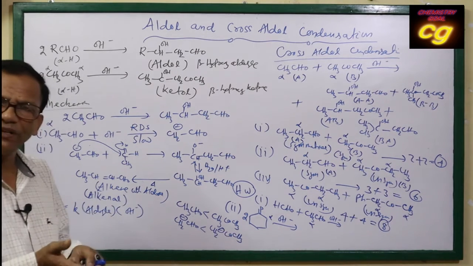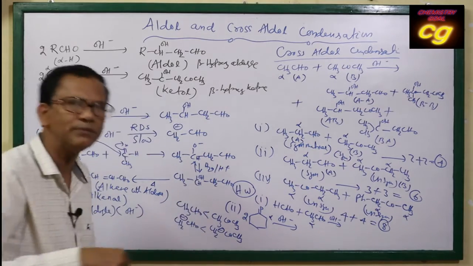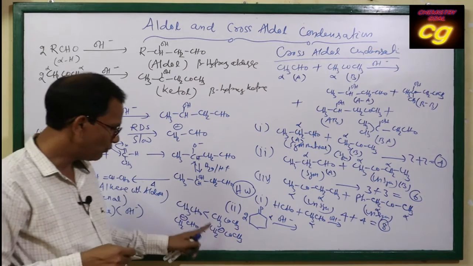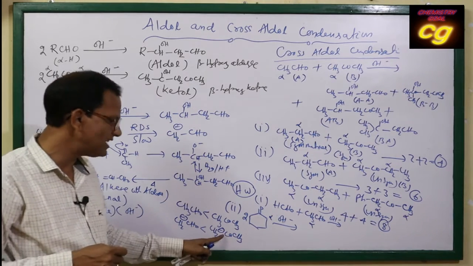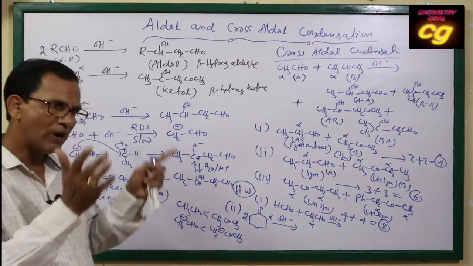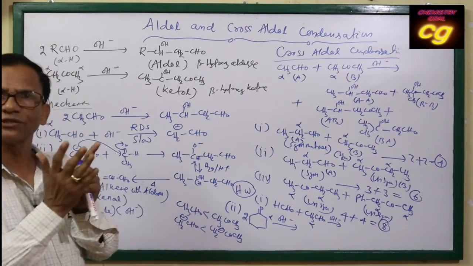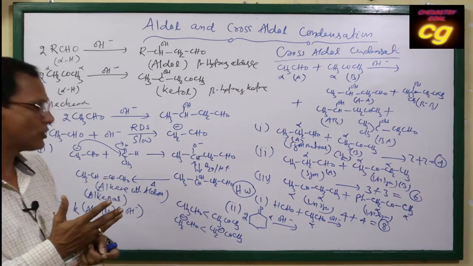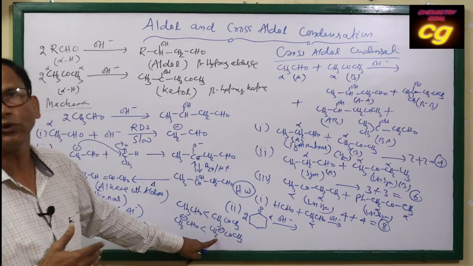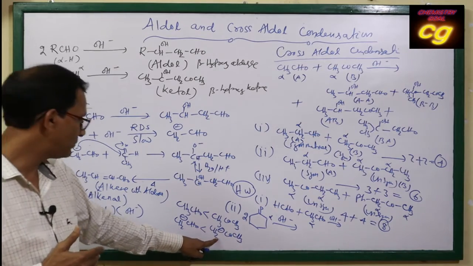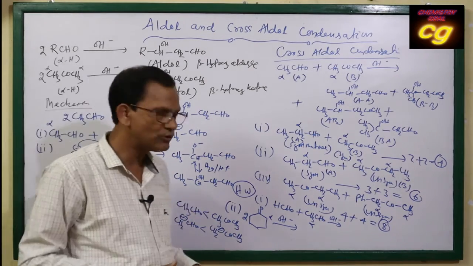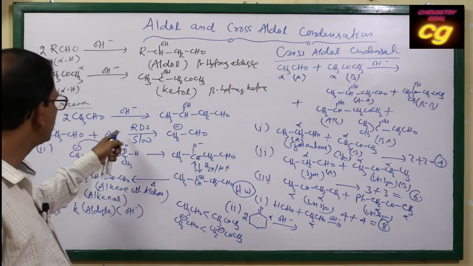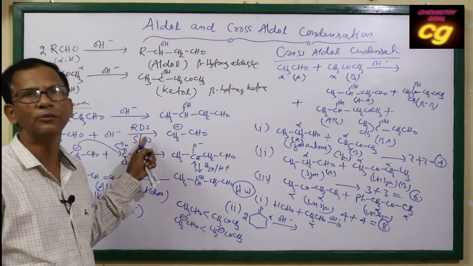But reactivity, if you see the reactivity, aldehyde is more reactive than ketone, but for formation of nucleophile as per the mechanism, the more favorable formation of nucleophile is from ketone. So if one is aldehyde and another is ketone, the best cross aldol condensation product will be more stable. Which aldol condensation product will it be? The keto group should produce the nucleophile compared to the aldehyde. So this is the difference in the formation of nucleophile, the nucleophilicity character of the carbanion forming in the first step, the rate determining step.